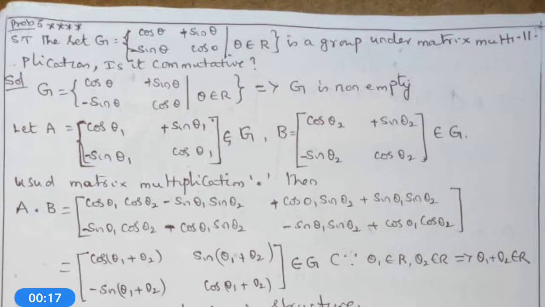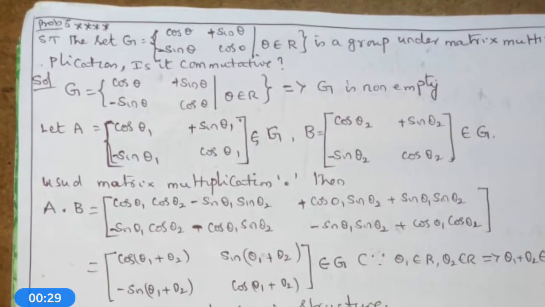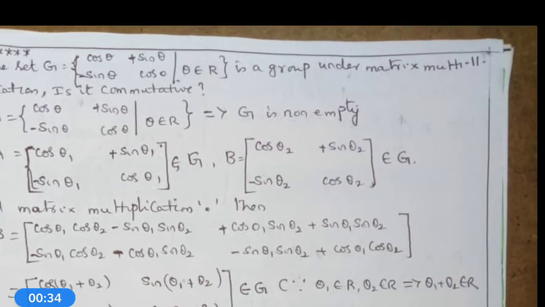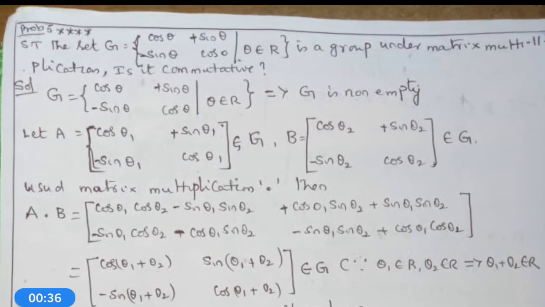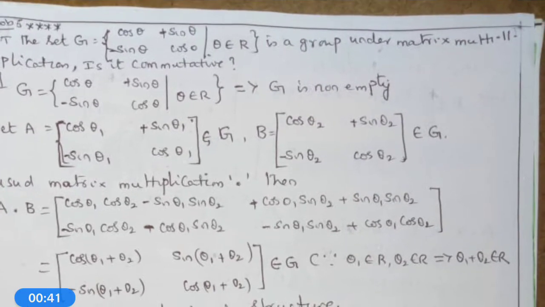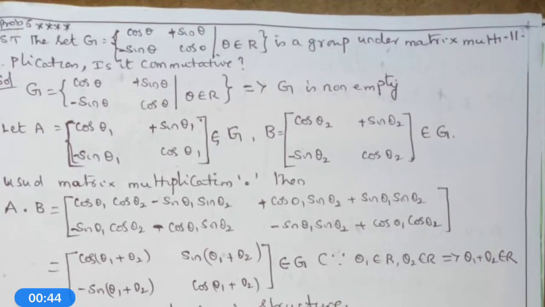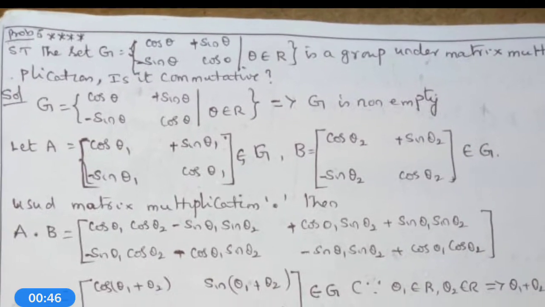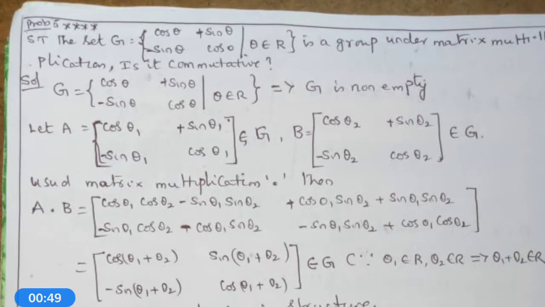Today, we will solve certain problems based upon the concept which we have learned earlier. What is the concept that we have learned earlier? That is group theory. What is meant by group? G comma star, where G is a non-empty set, star is a binary operation, and G obeys associative property, and G has an identity, and every element is invertible, then G comma star is a group.